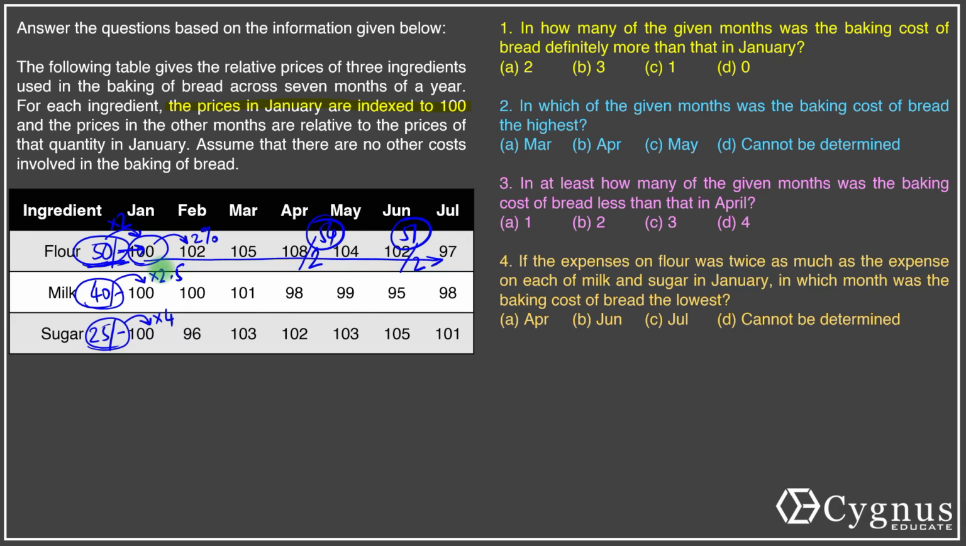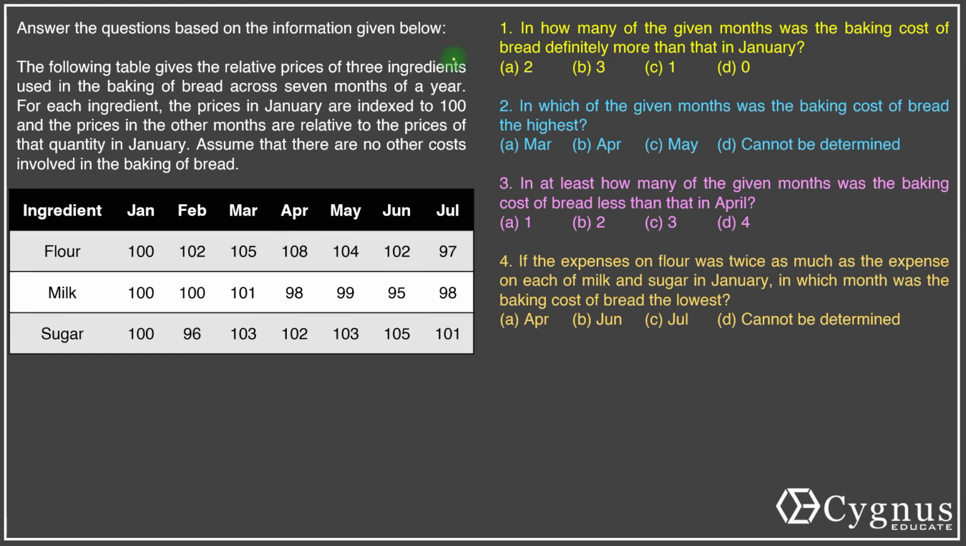All we need to understand is whatever the prices in January were, we've assumed that those prices of the ingredients to be 100 each. Doesn't mean that the prices are 100 each. That's all. Assume that there are no other costs involved in the baking of bread. Fair enough. I can do that. Let's go to the first question. Now that we've understood the table,